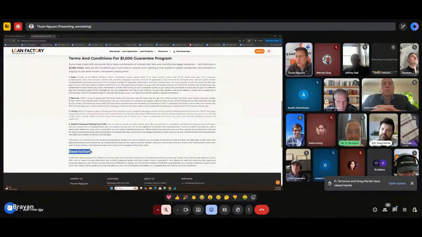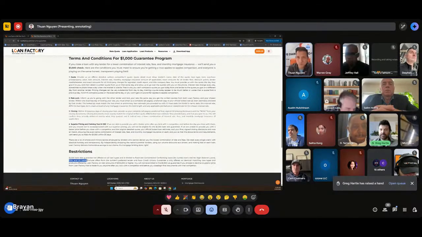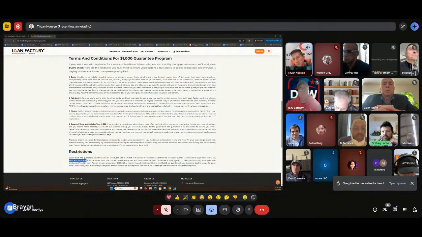There's a restriction here. We will not honor jumbo loans or high balance loans. We only honor fixed rate conforming consumer loans, FHA and VA loans. And also we will exclude the builder preferred lender, because that